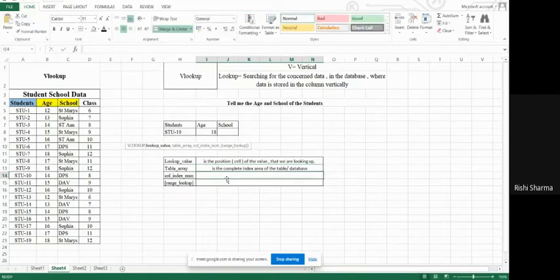What is column index number? Column index number is the index number of the column of the value that we are looking for.